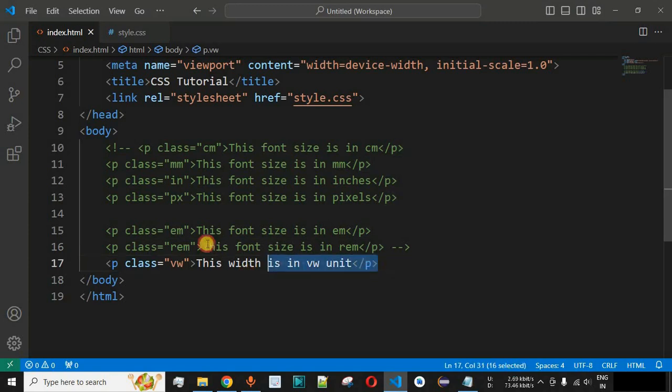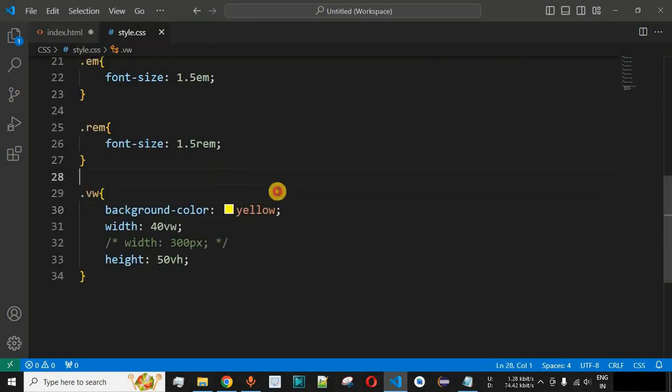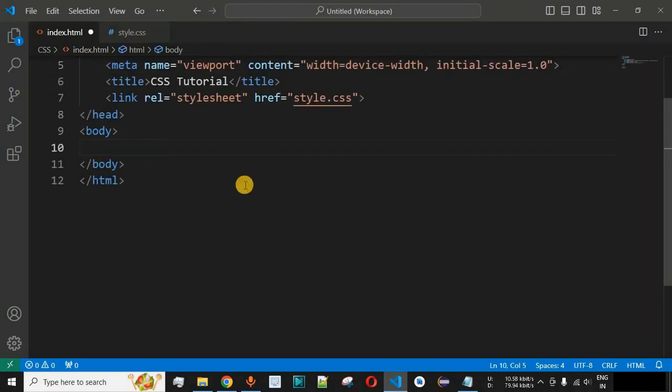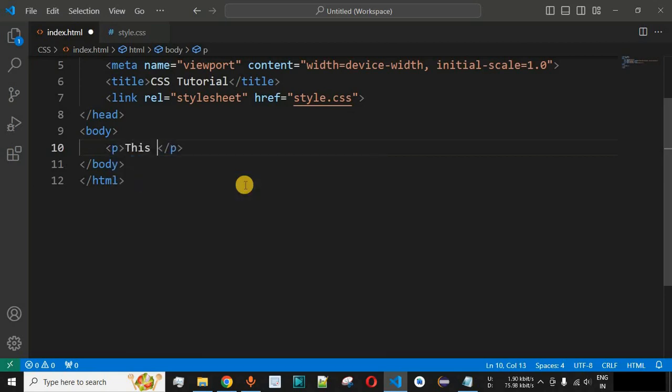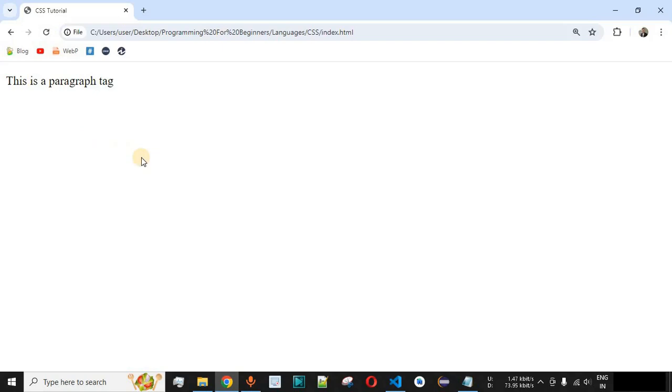So let me just remove the previous lines of code that we had written in the HTML and the CSS files over here. Now guys, in the HTML file, let us have the paragraph tag, that is the P tag over here, and simply we are going to say this is a paragraph tag. So guys, basically we have this very simple statement. Let me just save this file now and try reloading this page on the browser. So as you can see, we have this is a paragraph tag text being displayed over here with the help